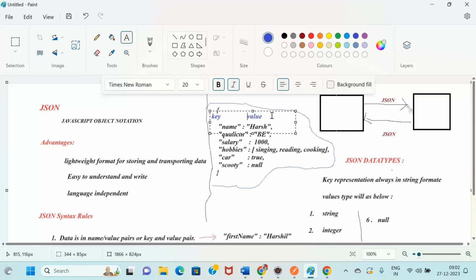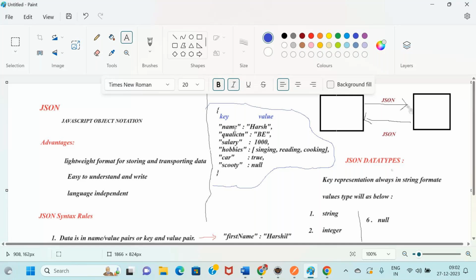Just observe the data representation here. Whatever may be the values, I mean to say, whether it is a string, an integer, a null, an object, an array or a boolean, whatever may be the value, the key type never changes.